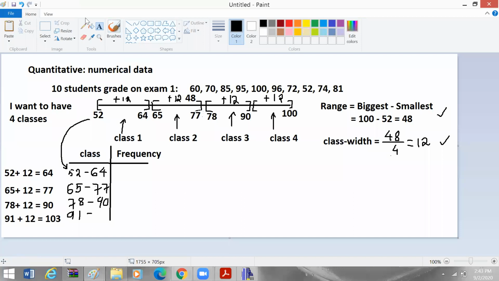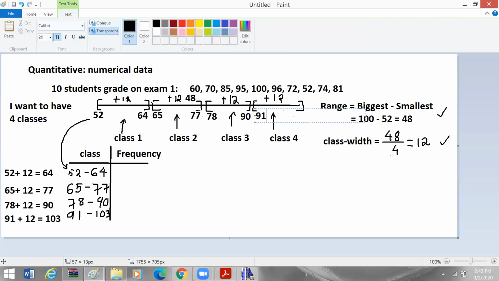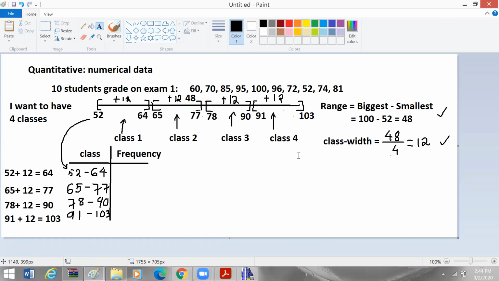Okay, so why do we have a number bigger than 100? Because each class, after we go to the next one, we have to increase by one. So we increase by 3, so that should be a little bit bigger than 100. So that is 103. But the whole point is not to get exactly 100, because if I get more than 100, that doesn't matter, right? That's fine. So in this case, I go from 61 up to 103, and that will be the last class range.